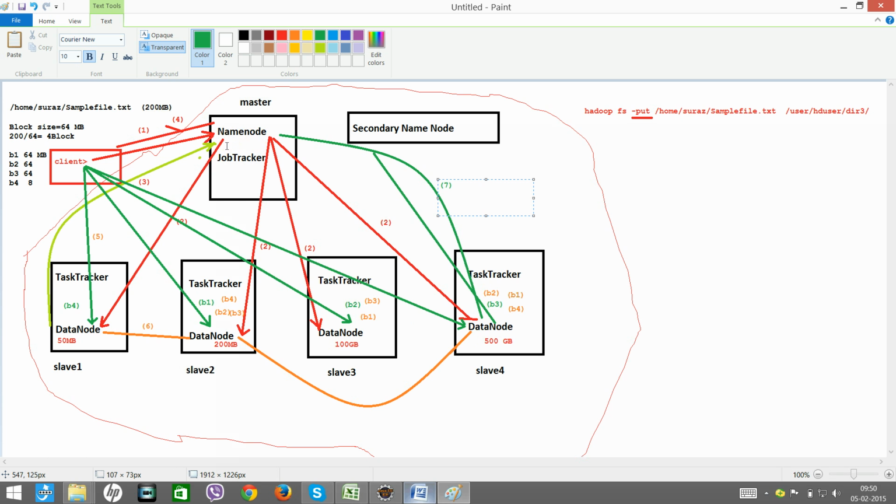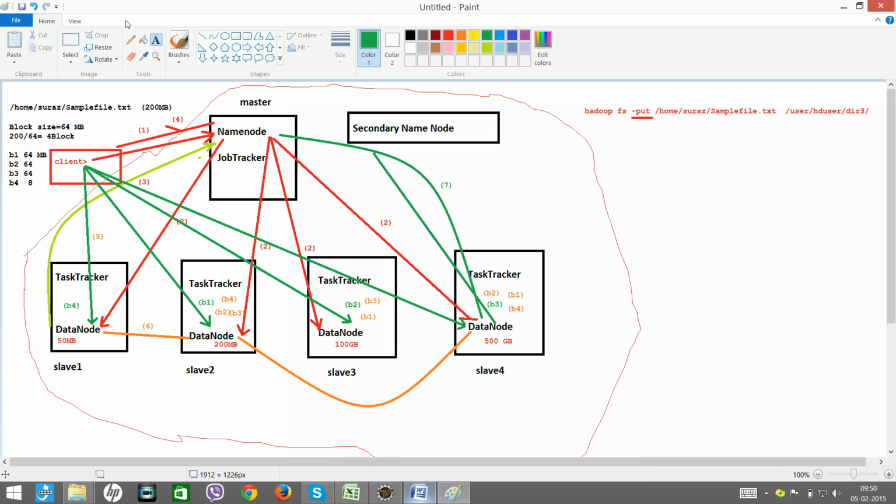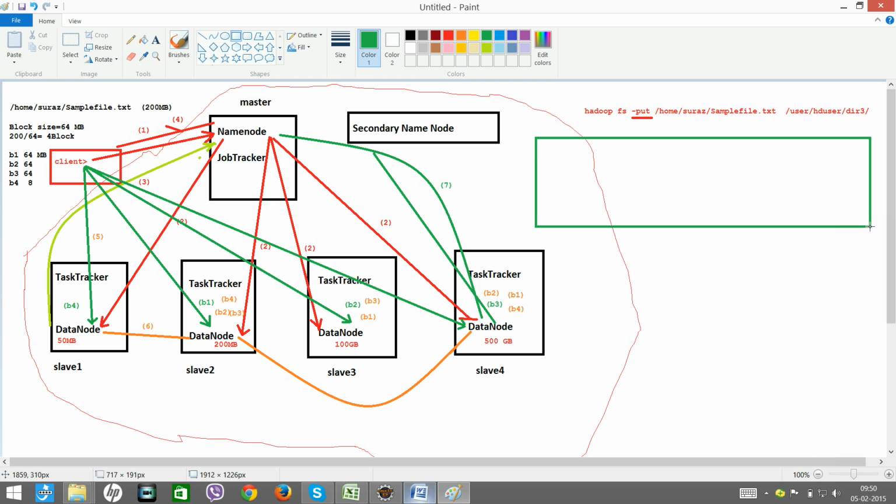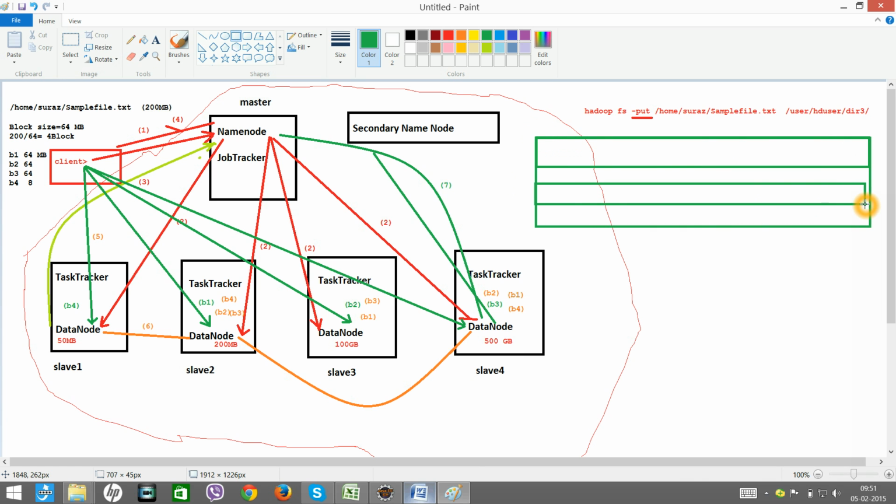Okay, and the name node will maintain all this data in his own register. So his register will look something like this. Let's say it is his register. The register will have data something like this.